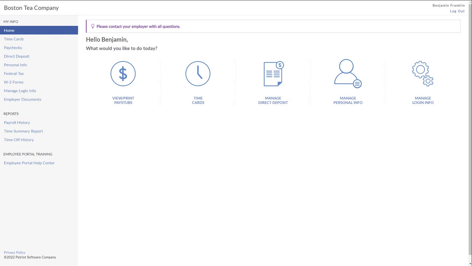Here's a quick overview of what the employee portal looks like. So as a Patriot customer, your employees will be able to log into their own portal once you send them a registration invitation. They will set up their own login credentials and then they will have private access to their portal. So here you can see there are some common tasks that they can do right as soon as